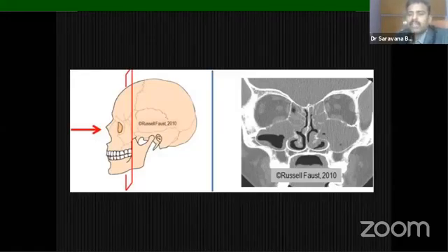Okay, first for beginners it is little bit difficult only. First you have to identify the slice, then you should identify the area which slice it is, then you should come to the normal anatomic landmarks. Finally you can differentiate between which one is normal, which one is abnormal. Okay, in this case there is a complete maxillary sinus inflammation. Here it is partial obliteration of the maxillary sinus in the right side.